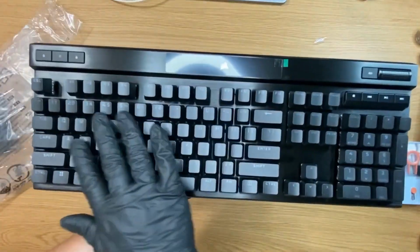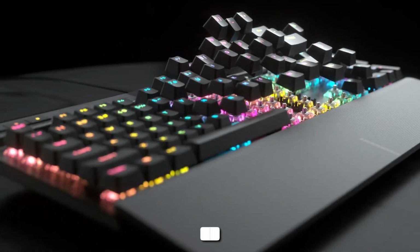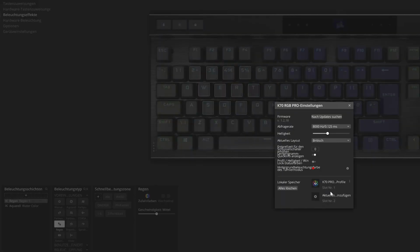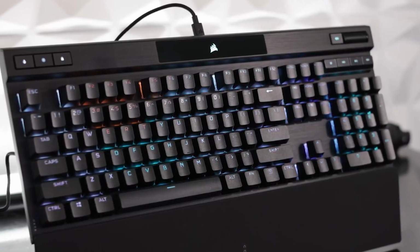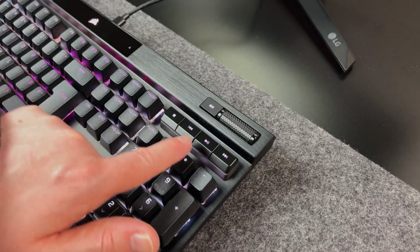One of the standout features of this keyboard is its fully customizable RGB backlighting. Corsair's IQ software allows users to create intricate lighting profiles and effects, from static colors to dynamic lighting patterns that sync with in-game events. The keyboard is also equipped with 6 dedicated macro keys, providing easy access to custom commands